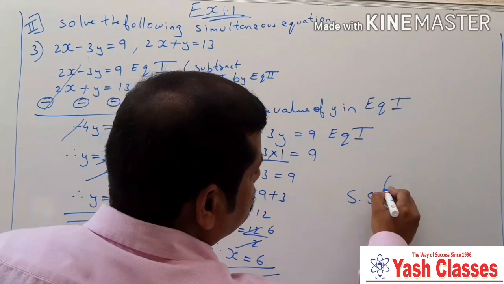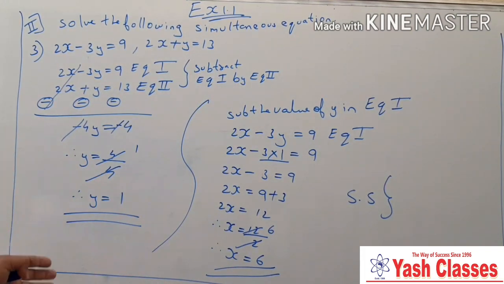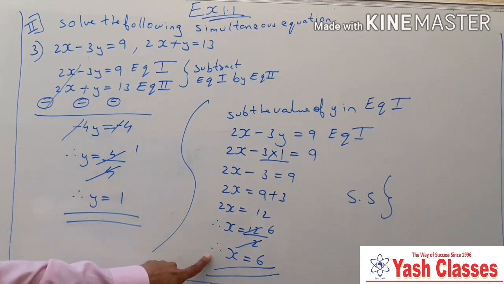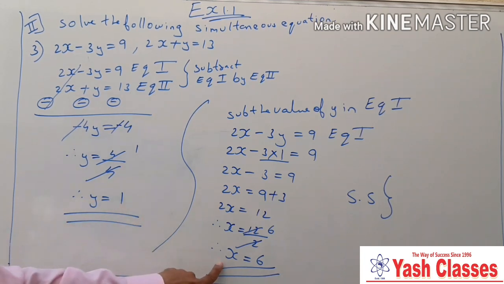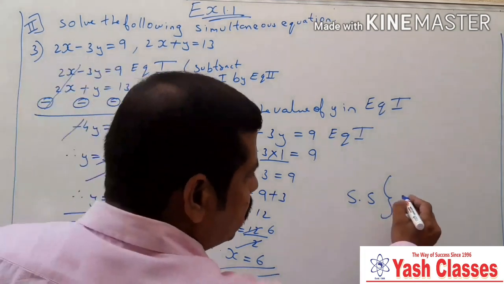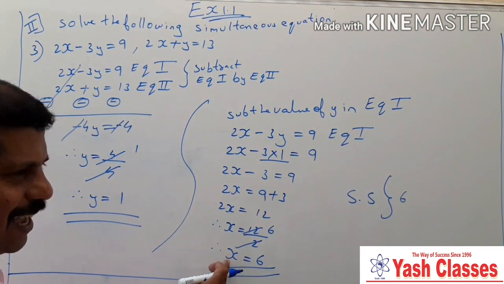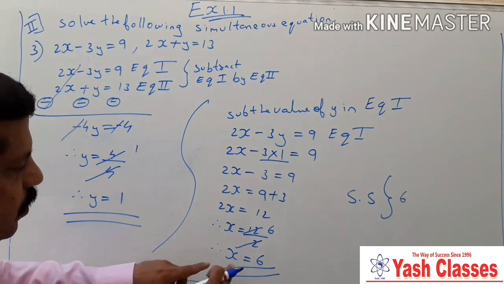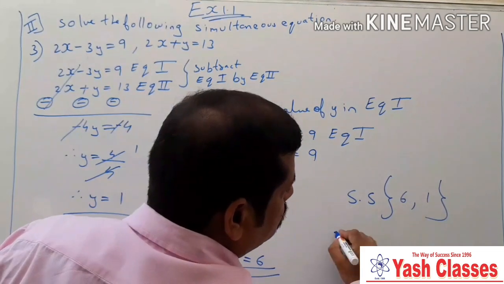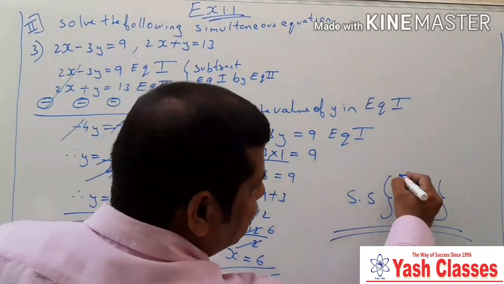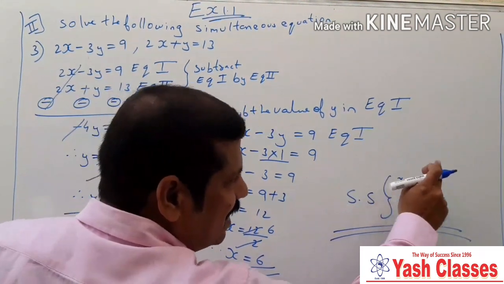Now you have to write your solution set. In solution set, whenever y or x, whatever is coming first you have to write x only. Yes, here first we found y is equal to 1 and then x is equal to 6. But solution set will be first 6. Why? Because the value of x is coming first and then y, means x is equal to 6 and y is equal to 1. See here, like this, x and y. Remember this, x will come first and then y.